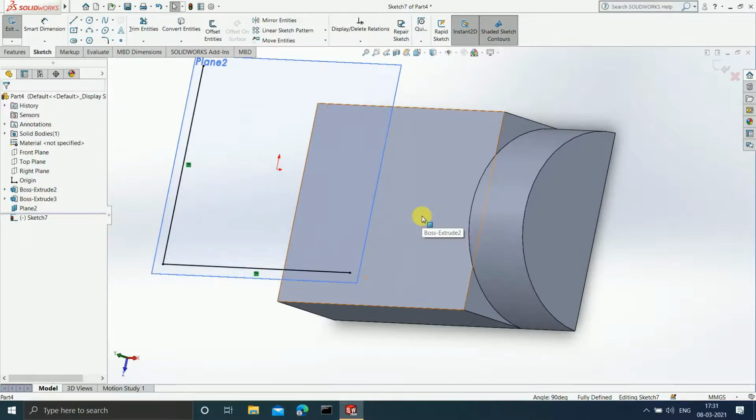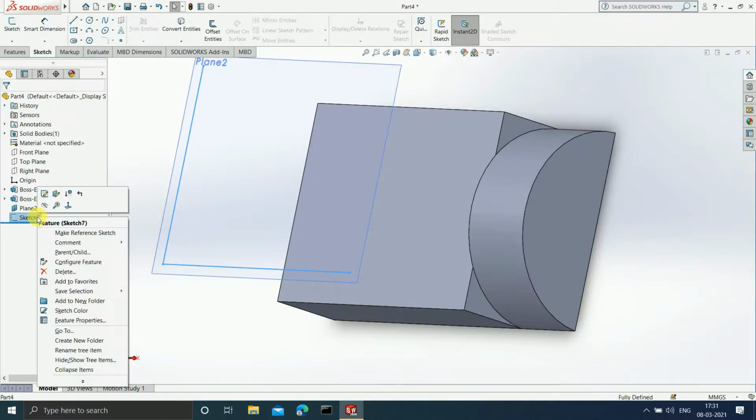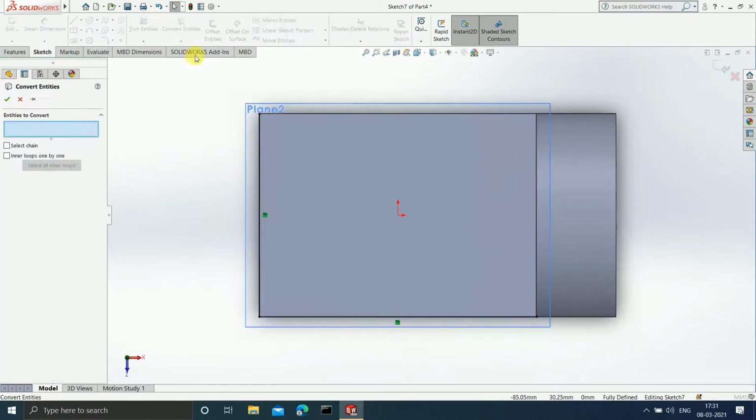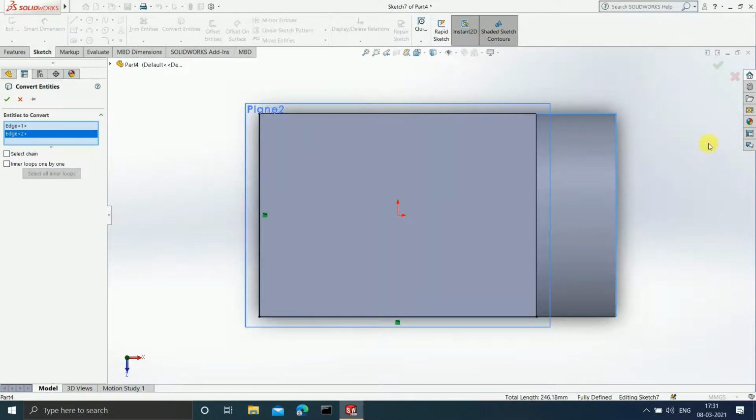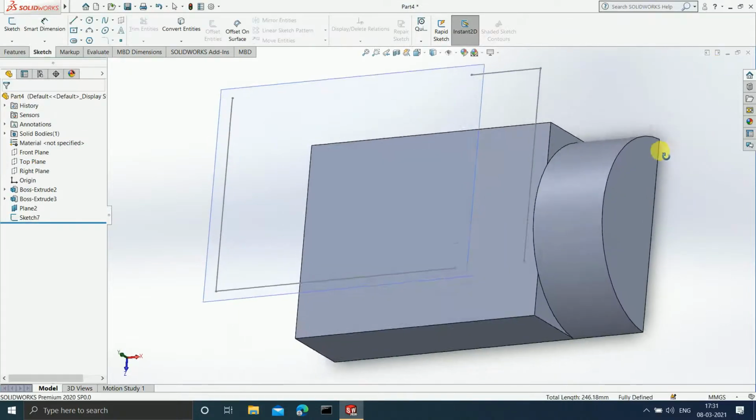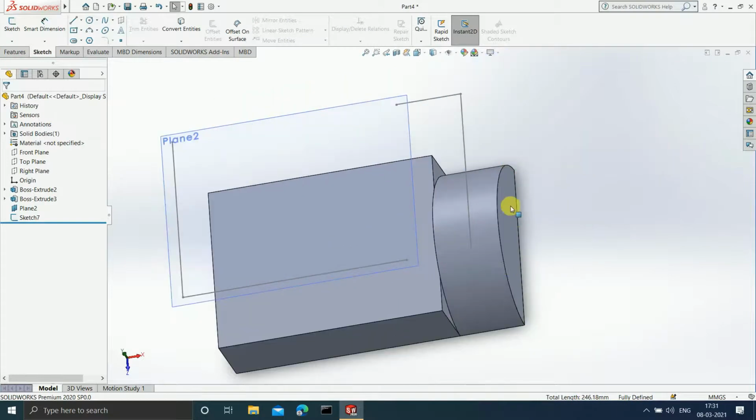So can you see? You can also get a sketch with the help of the earlier 3D model which is existing. Not only a plane surface, but you can even select a curved surface for that matter. So first end this. Now I will click on Edit Sketch, press Ctrl 8, and click again on Convert Entities. As you can see, this is a curved face, so I can even get a sketch with the help of the curved surface as well. So I will select this particular edge, and this. Now I will end my sketch and see, I've got a sketch with the help of the curved surface as well.